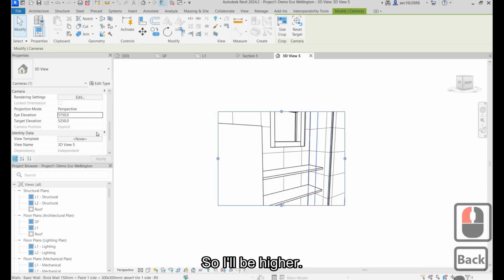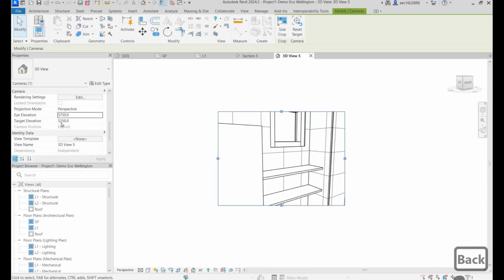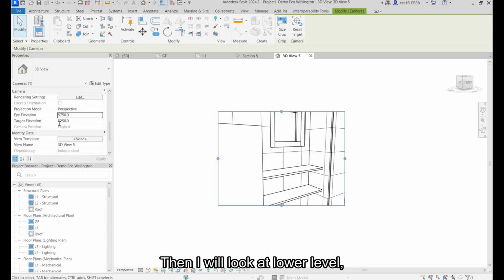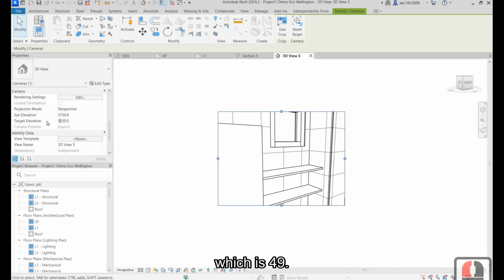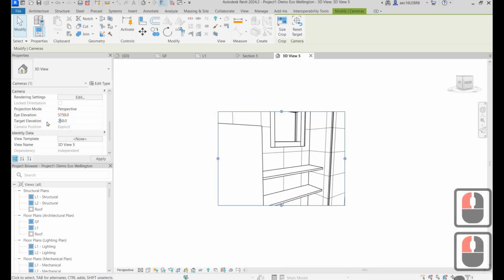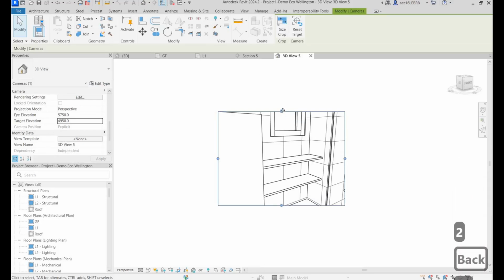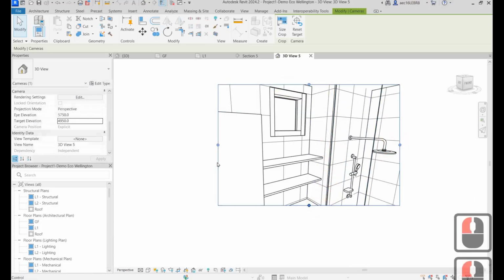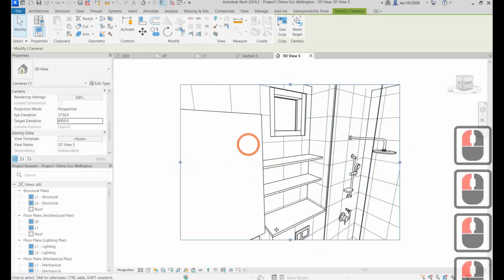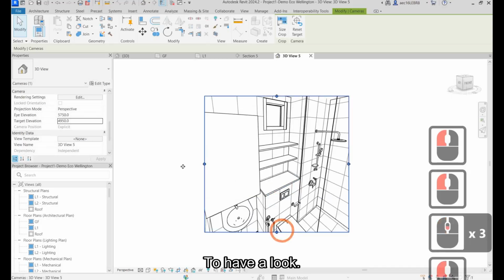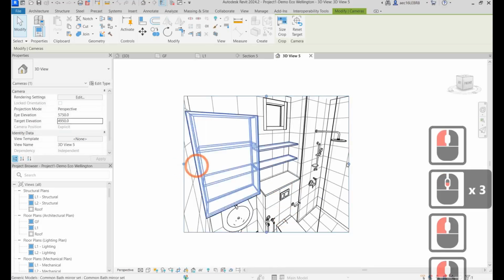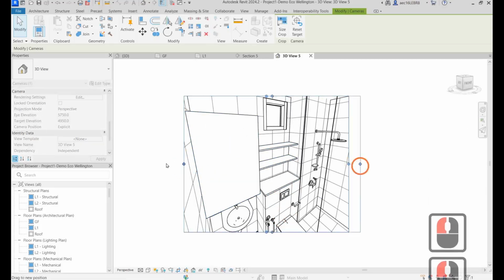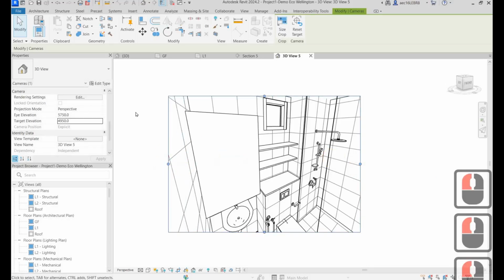Then I will look at a lower level, which is 49. Then we just expand our angle to have a look here.